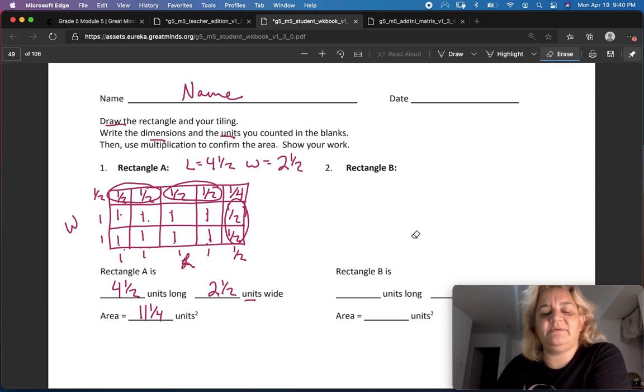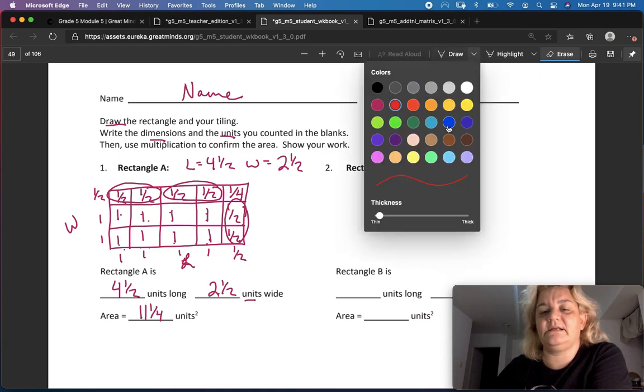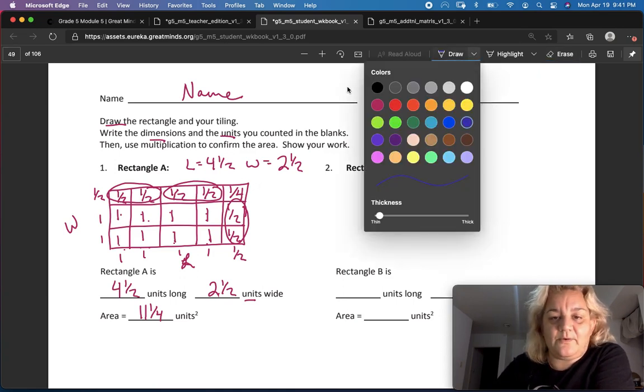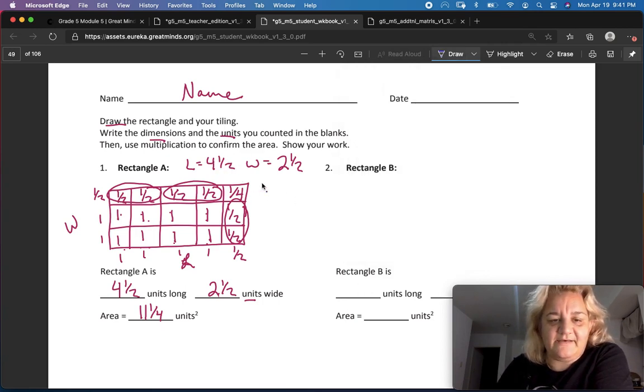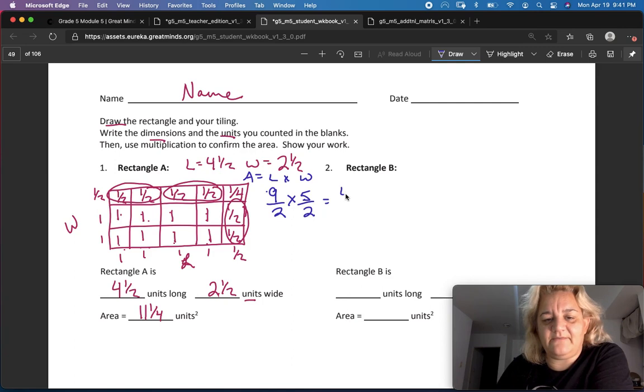I can show you the distributive property right here on this too, because we had 4 and 1 and 2 and 1/4, which is exactly what we got in our problem. I don't know if you realize that. I'll show you in the next one. Now, if I want to use improper fractions, I have to turn 4.5 into 9/2. And so that's my length. And my width would be 5/2. Okay. And if I multiply that together, I would get